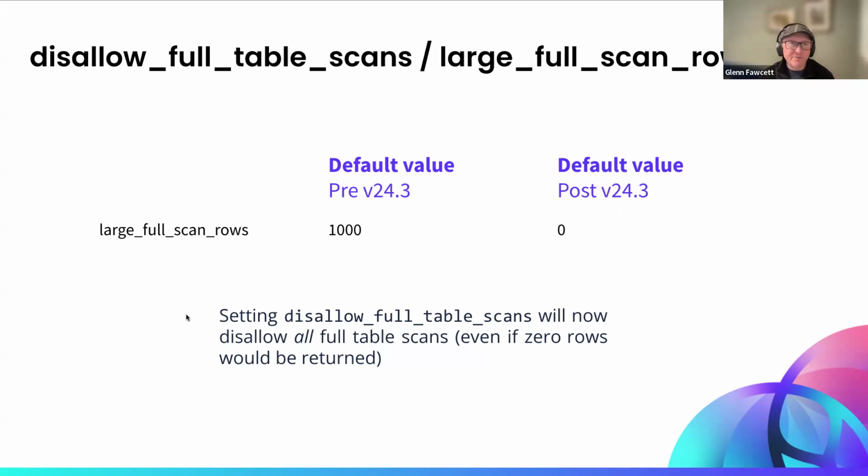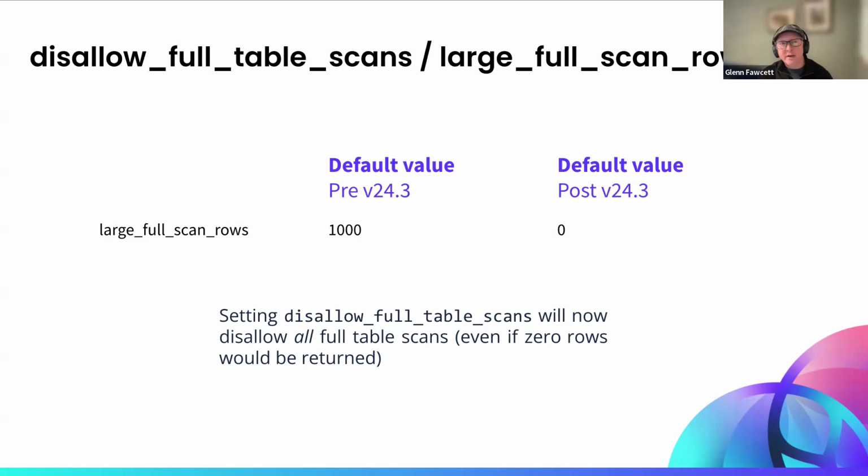Well, actually, I first put a comment on this one. This can be very useful if you think about it. Full scans in general are something you want to avoid. Typically, it means you don't have the right indexing, or the stats are off on your queries that will cause you to do a full scan. But it's nice to be able to put a safeguard in place for the customer, while still allowing for some of these large full scans.